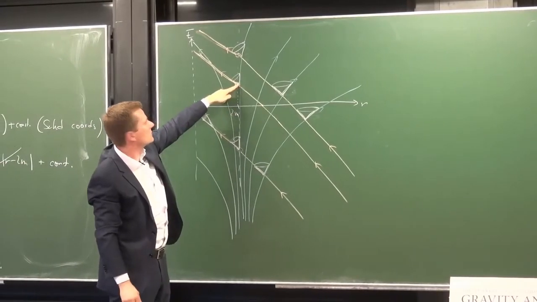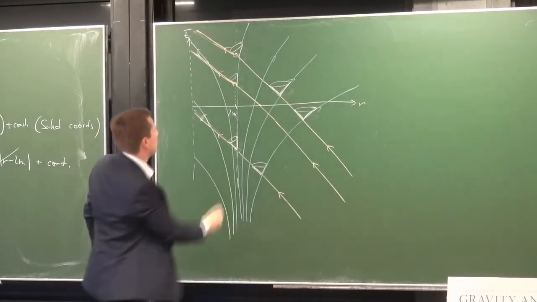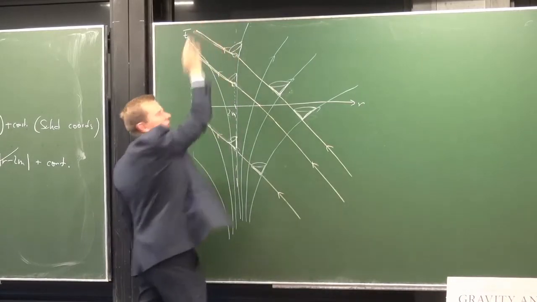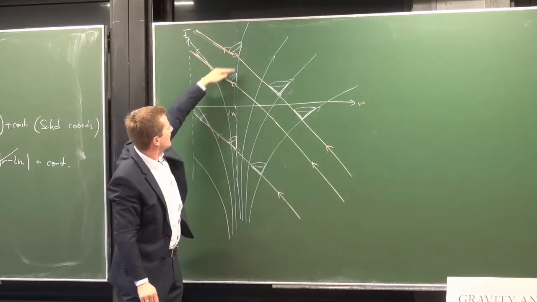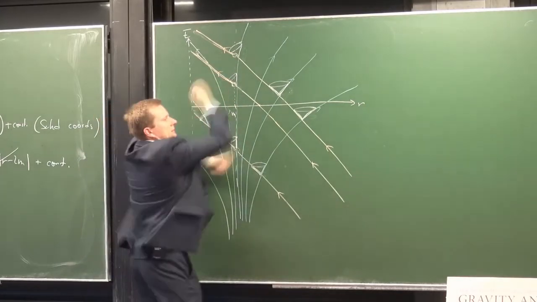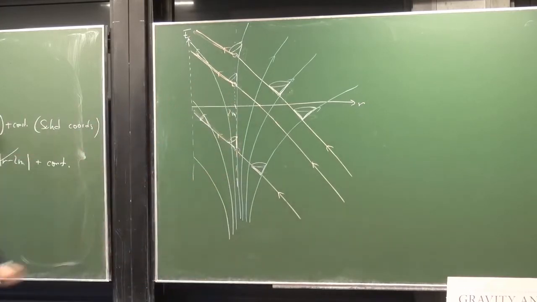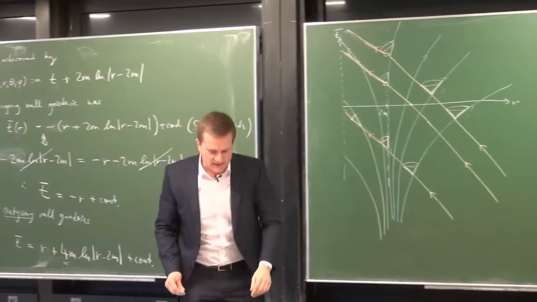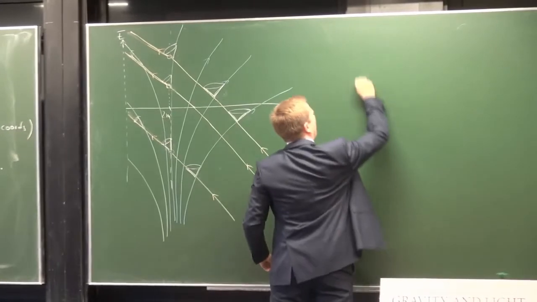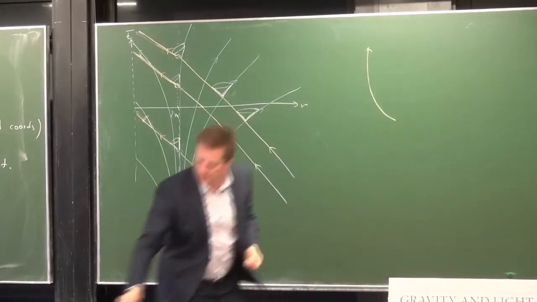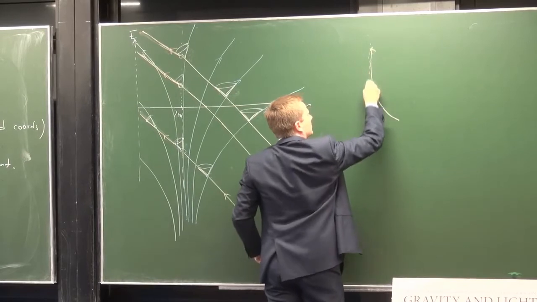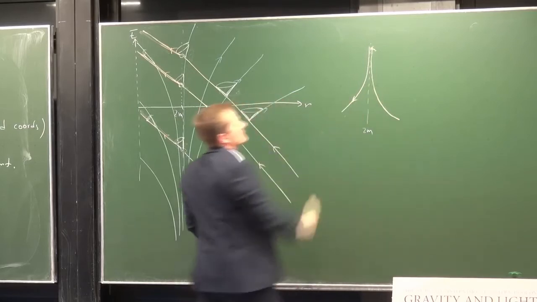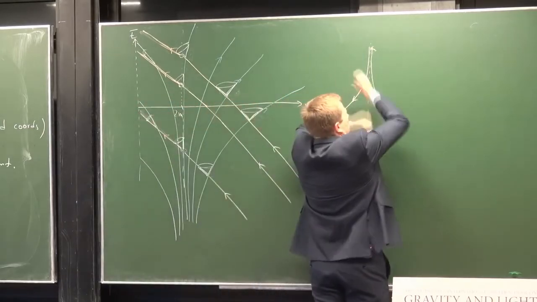This point here was previously at infinity. This point that doesn't exist here was previously at infinity. This one was also at infinity. This one was also at infinity. All this little necklace of points that are here, I pulled them down from infinity by this coordinate transformation. And hence, what previously looked like up to infinity at this r equals 2m, and then back from infinity, I pulled that down